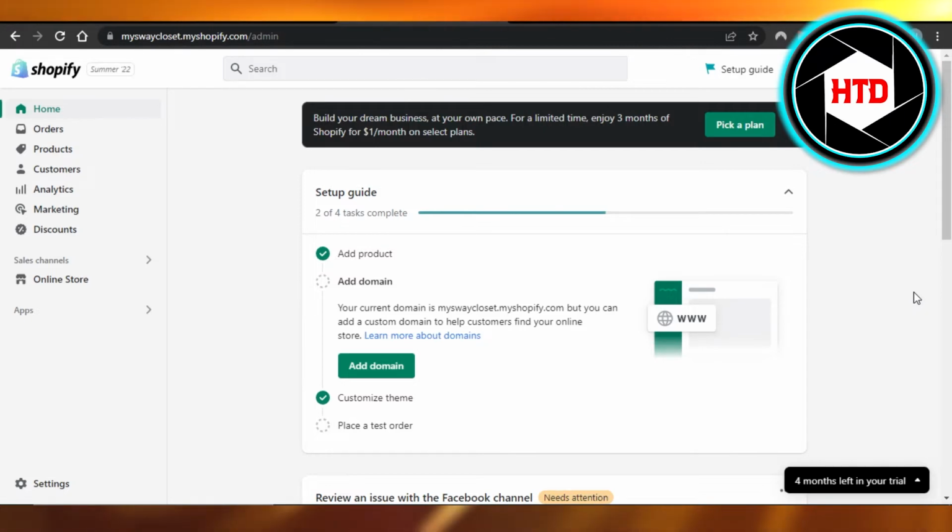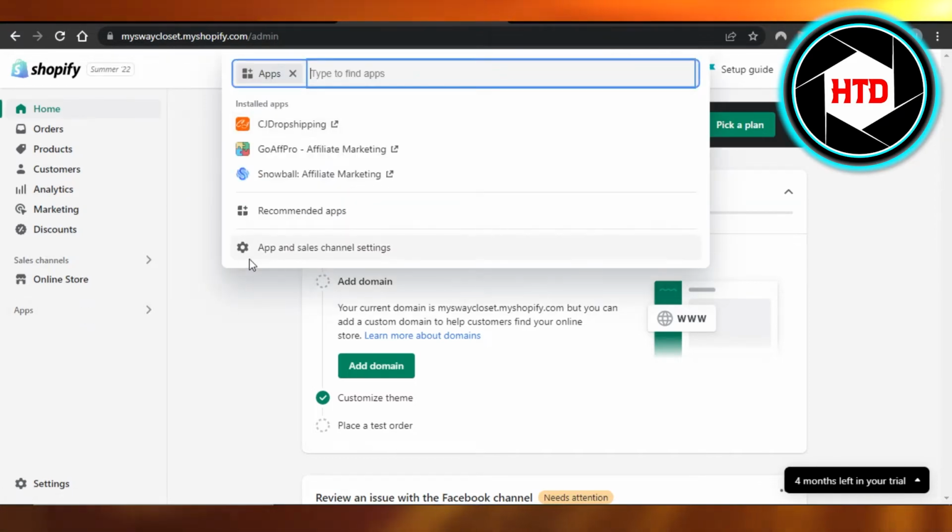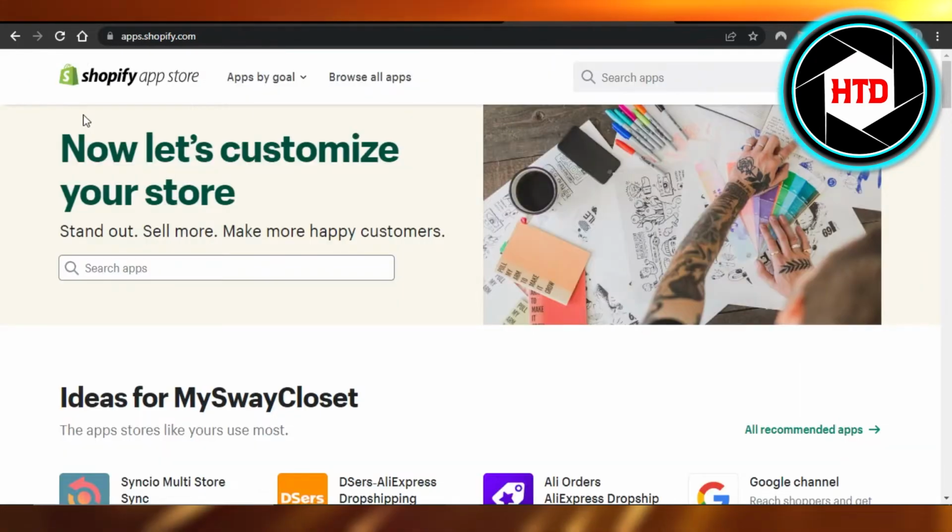So let's get started. First, what you have to do is open up your Shopify store and you will get right here in your admin. First of all, we need to add an app and integration of Amazon to Shopify. For that, you can go to Apps right here and click on App Store and it will take you